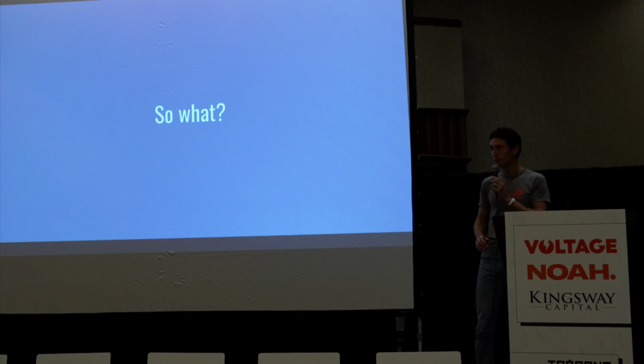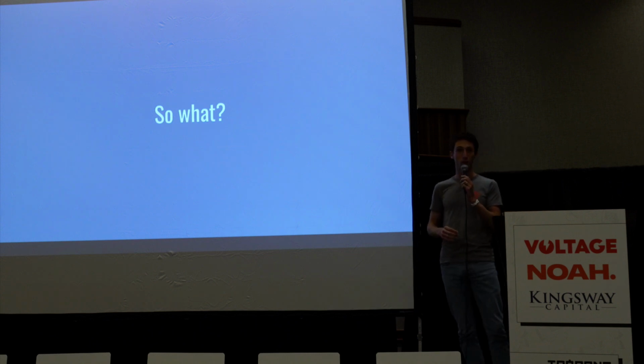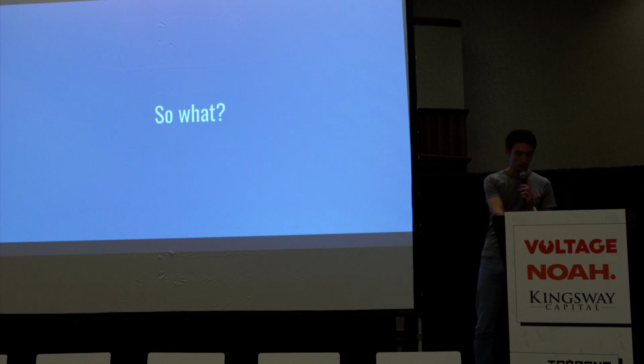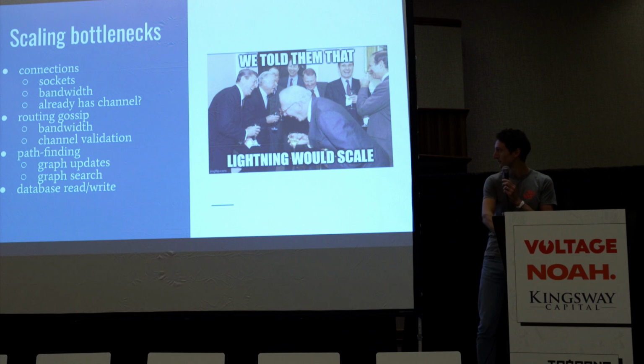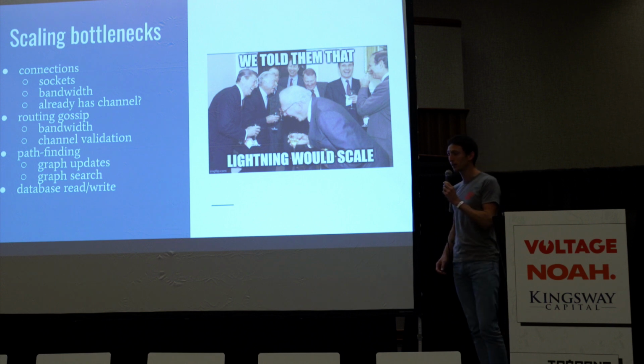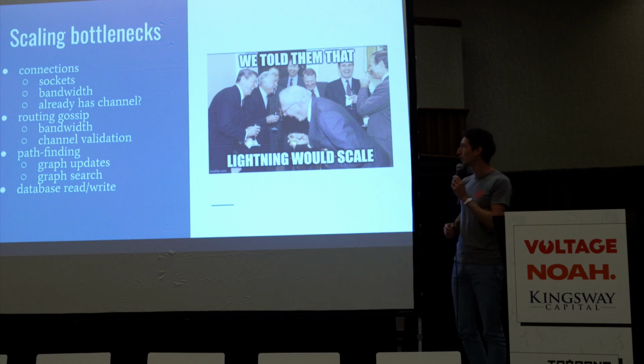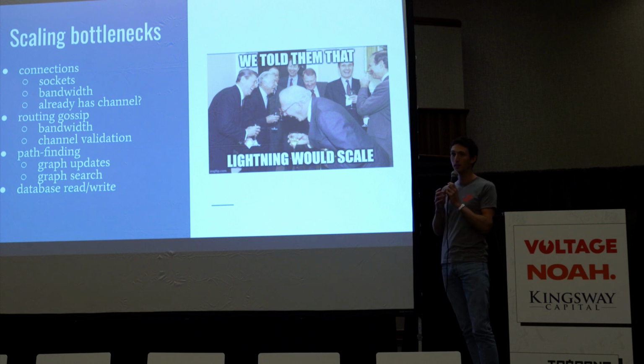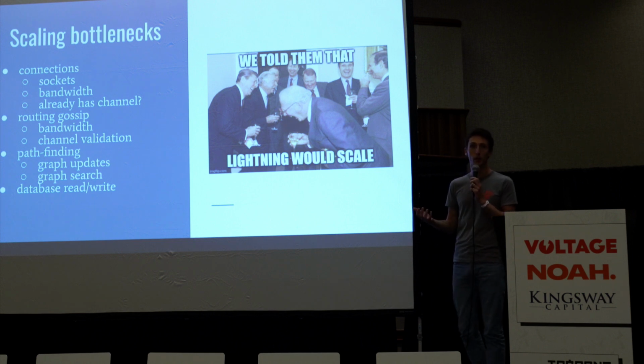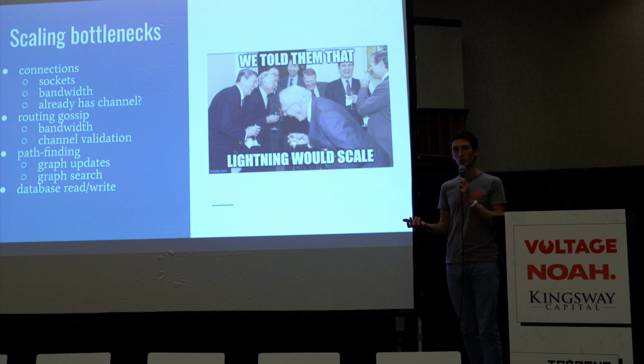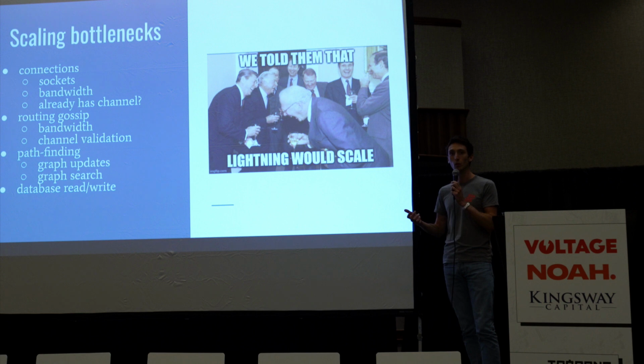I was trying to impress you with those figures, but clearly that's not that impressive, so maybe I have to explain what it means to run a big node and where the challenges are. So there are scaling bottlenecks in Lightning. What I mean here by scaling is not necessarily scaling the network or the number of payments we do, but how do you scale an individual node to be able to relay a lot of payments, to have a lot of channels without degrading the quality of service.